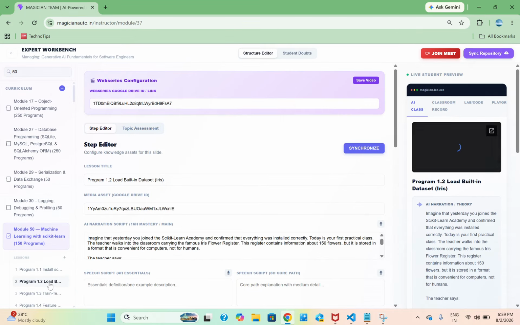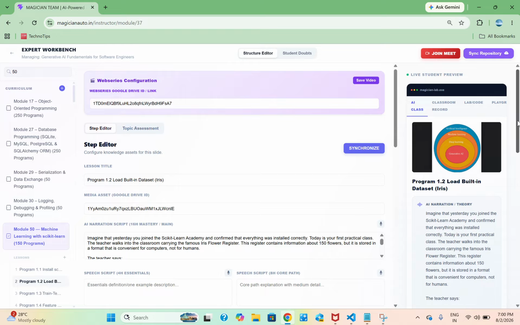Today we are going to do one small program, a practical example, using scikit-learn. Imagine we have already installed this library, confirmed that everything was installed, and verified the versions. For practical purposes, we have to work on some data, because we are going to learn machine learning. One type is supervised learning, where labeled data is used to train the models.